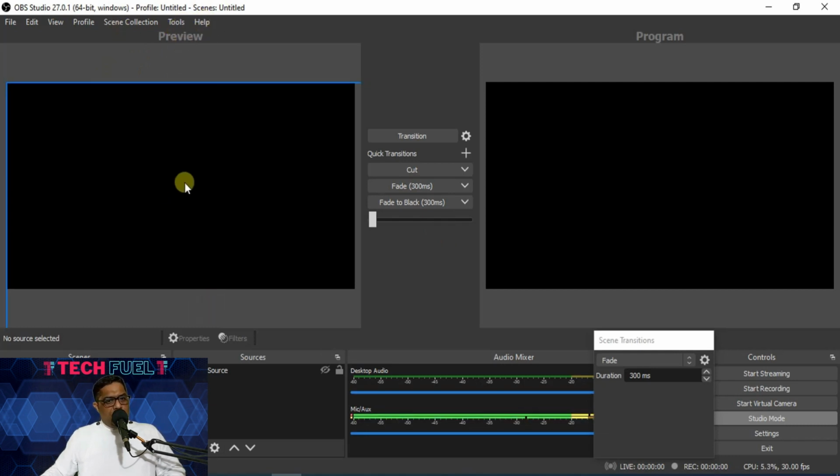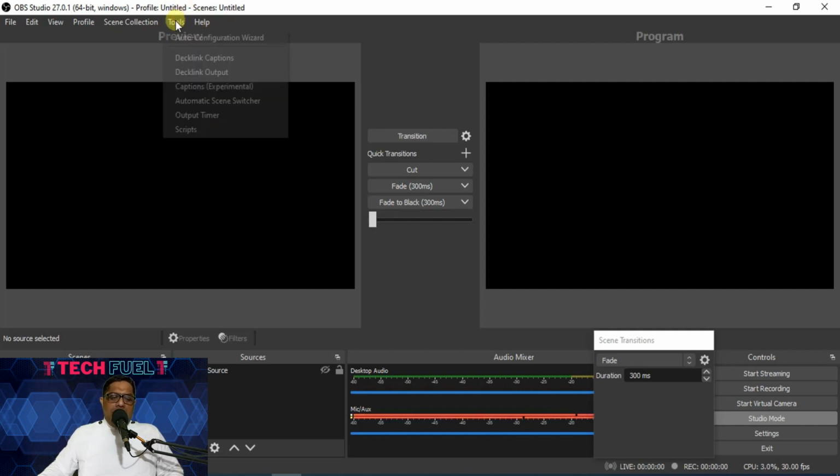Everything comes over here first. Once you are satisfied, okay, this is the thing that I want to go live on the Zoom platform. Once you put it up over here, you can hit transition and the same thing goes over there. I'll be explaining it to you with examples. This is just a layout.